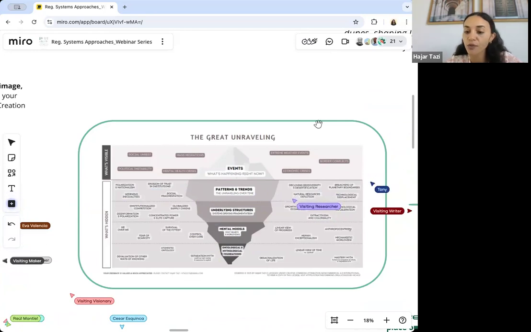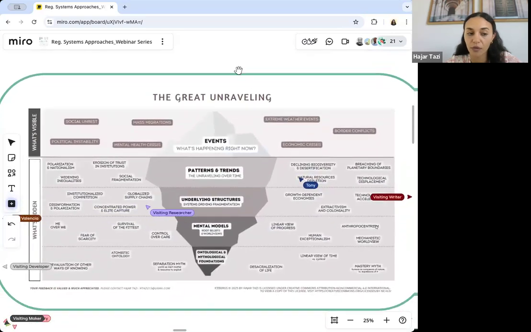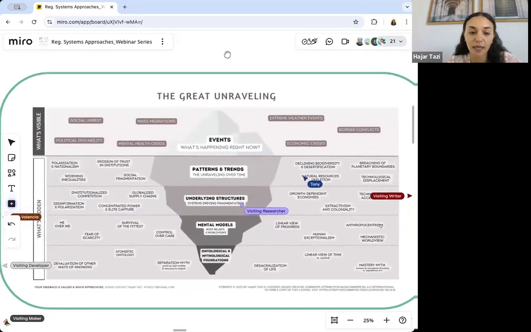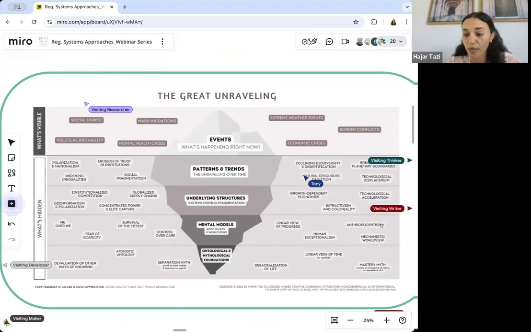And so this first iceberg at the surface shows the events that we're currently witnessing, from extreme weather events to economic crises, political instability, mental health and spiritual crisis, which is really a crisis of meaning and belonging, social unrest, etc. These are the symptoms of the polycrisis or the meta-crisis.